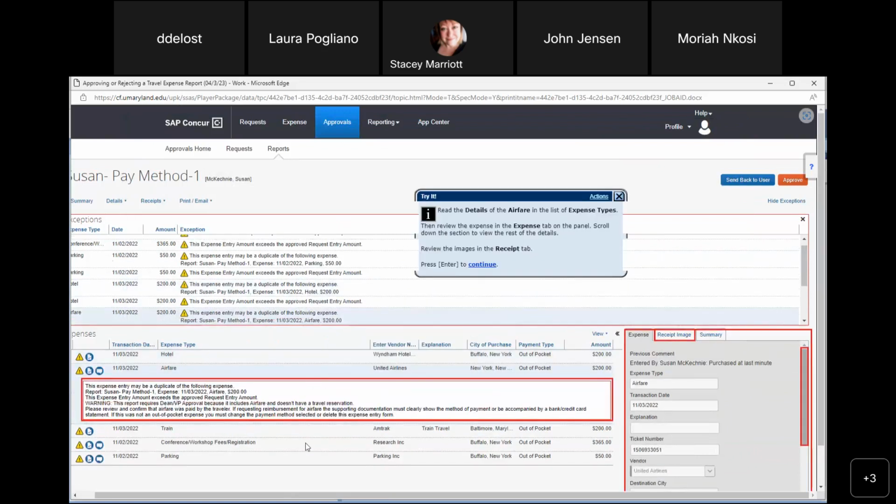Now, this has a warning. That's probably not good news, but this warning says, hey, you have airfare on this report, and first of all, it exceeds the amount of the approved request, and secondly, it requires approval by Dawn Rhodes, who is the Chief Financial Business Officer, CFBO. She's a VP for finance and administration, right? So she's the top of finance and administration